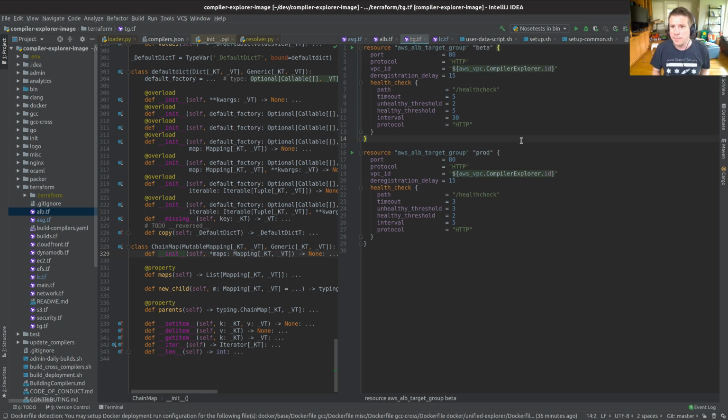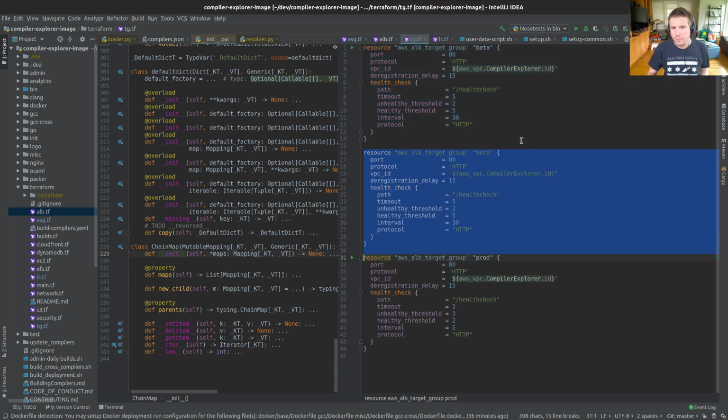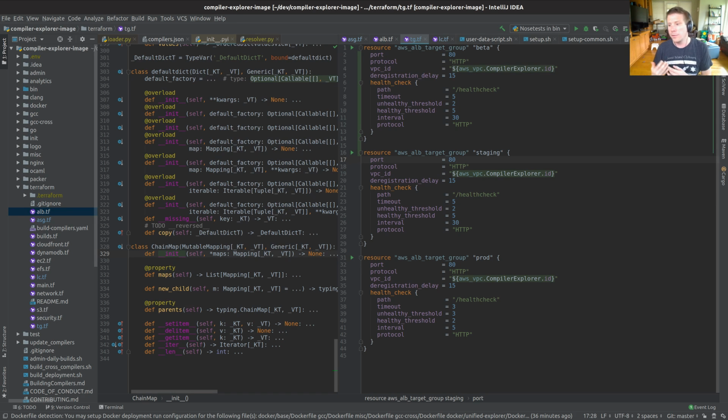Splendid. Okay, so we're going to make a target group. Now, a target group, if you remember, is a collection of machines that are the potential endpoint for a load-balanced connection. So we're going to make one called staging. It only needs to run on port 80 because CloudFront has already done all of the port 443 stuff.